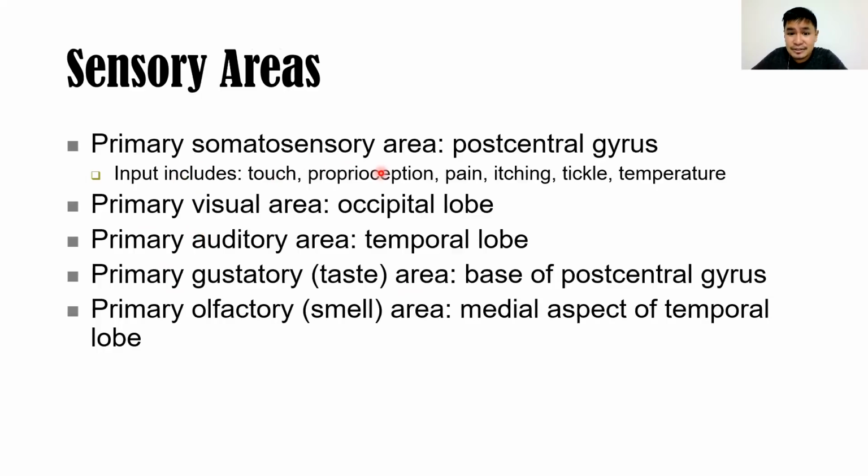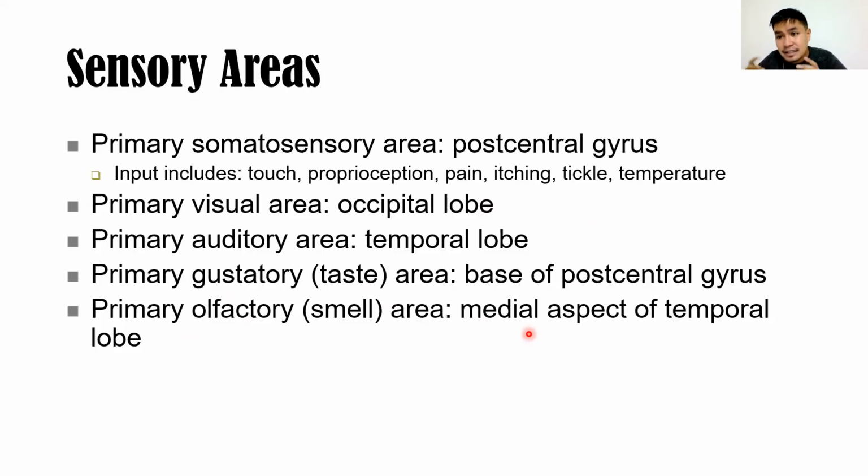Sensory areas, primary somatosensory area, located at the post-central gyrus. Input includes touch, proprioception, knowing the position of the body, pain, itching, tickle, and temperature. Primary visual area is located in the occipital lobe at the back. Primary auditory area, temporal lobe. Primary gustatory area, taste, base of the post-central gyrus. And primary olfactory smell area, medial aspect of the temporal lobe. So these areas are located at different areas in the